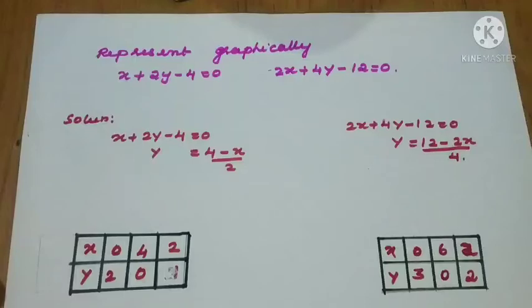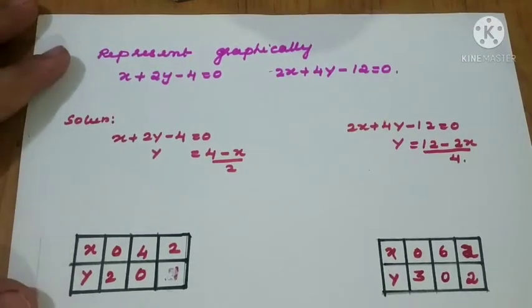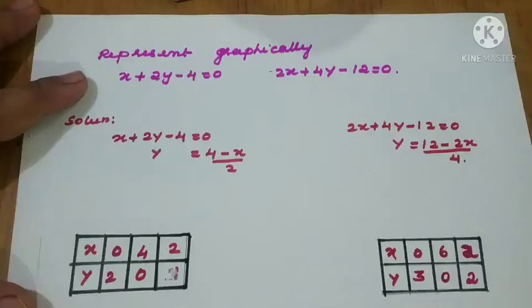Good morning, children. We are going to continue the same chapter, pair of linear equations in two variables. So, two questions we have seen last time. One is the intersecting lines property and one is having coincident lines. Now, the third one is: represent graphically x plus 2y minus 4 equal to 0 and 2x plus 4y minus